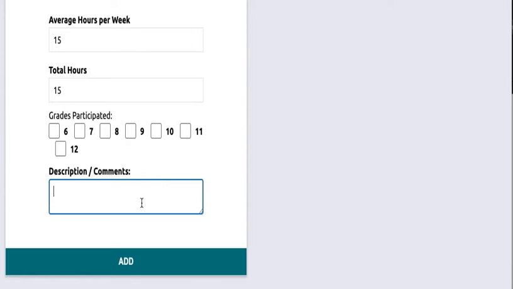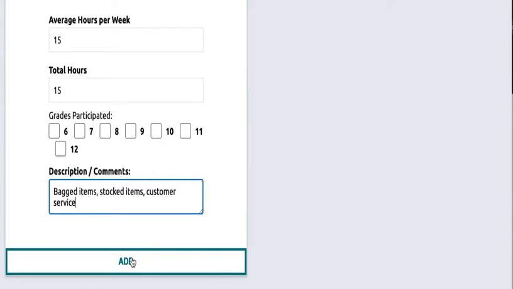that you possibly bagged items, stocked items, and you had customer service. So here you add any experience that you gained while working there. You're going to hit add,